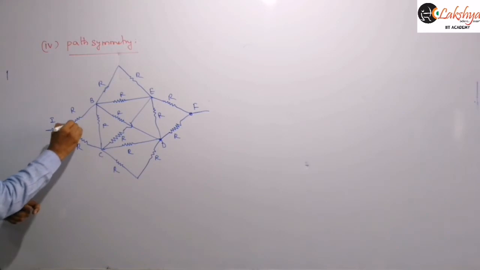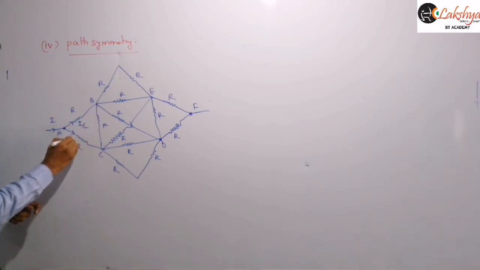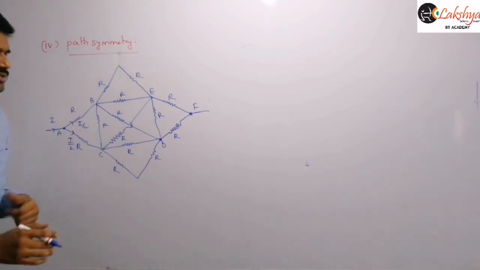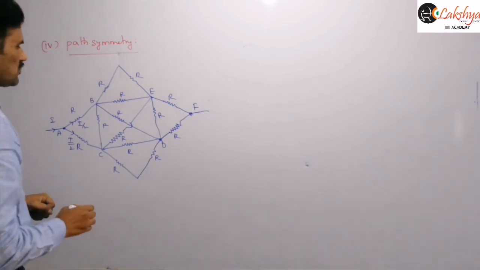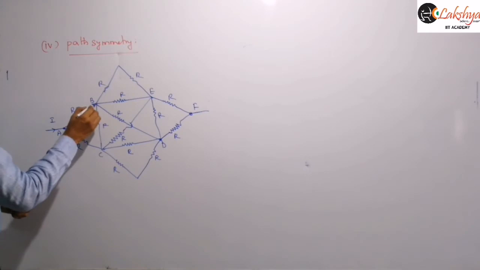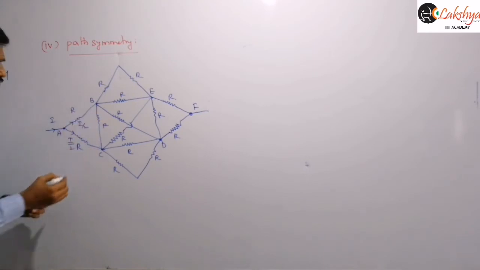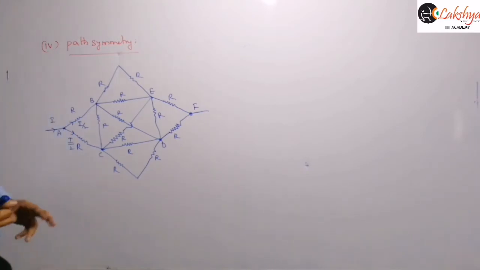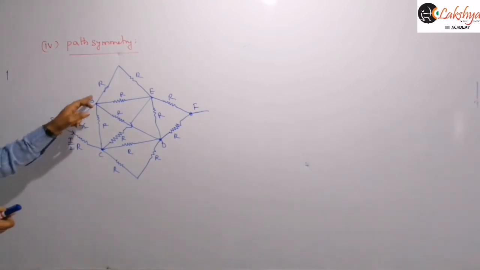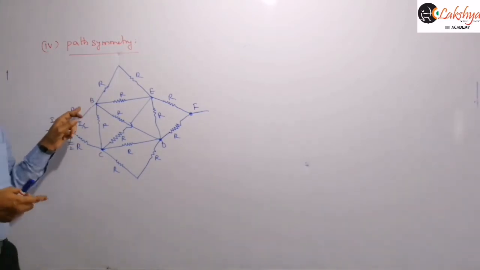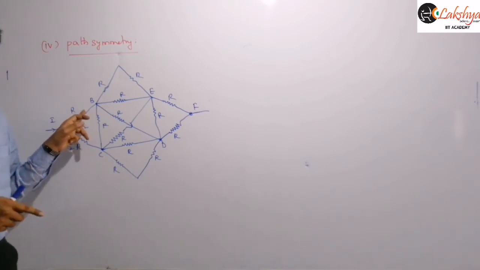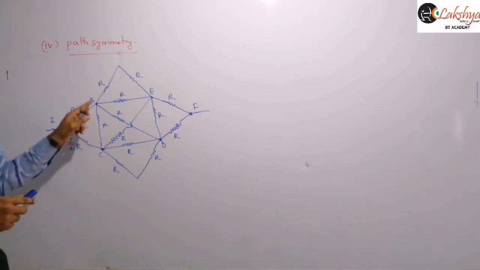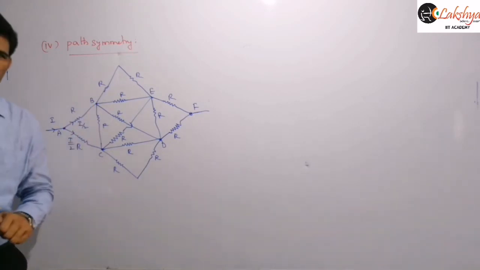Same amount of current is flowing through them means I can say I by 2 and I by 2 current will flow through this, right? And when I by 2 and I by 2 current is flowing through that, then from this you can identify the equipotential points. Which are equipotential here? When the current is I by 2, the potential difference between A and B is IR by 2. Similarly here you will get IR by 2, right? And so we can conclude that B and C are at the same potential.